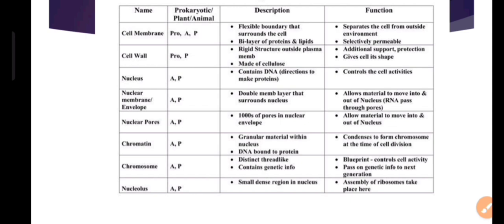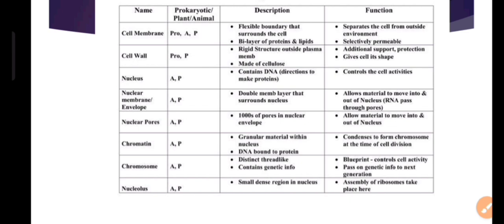Coming to the nucleus, it is present in both the animal and plant cell. The nucleus consists of DNA, so it is the genetic material. It carries genes from parents to offspring. What's the function of the nucleus? It controls all vital activities of the cell. That's why it is the brain of the cell.